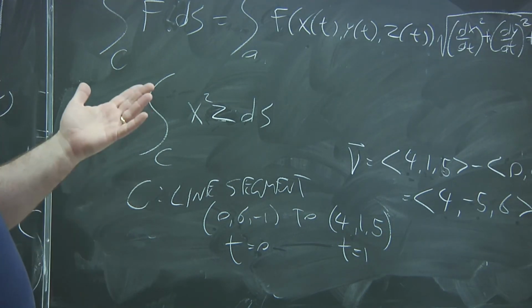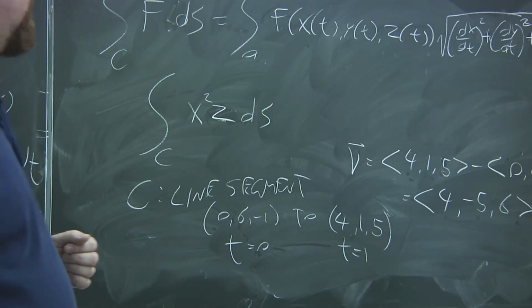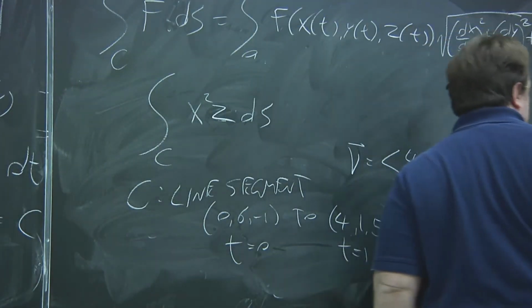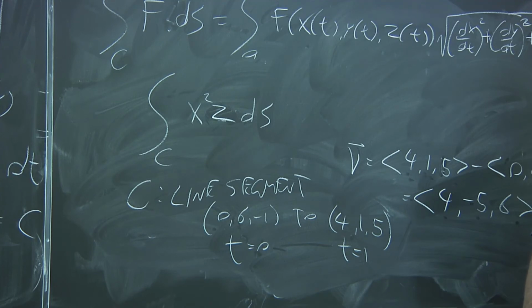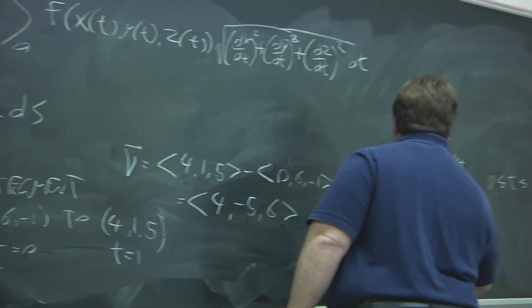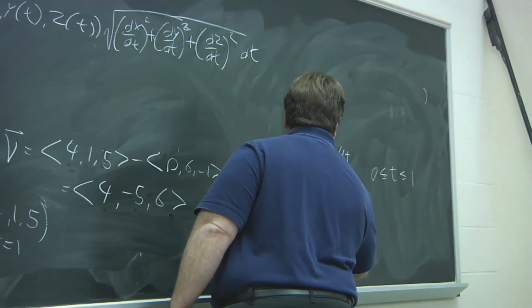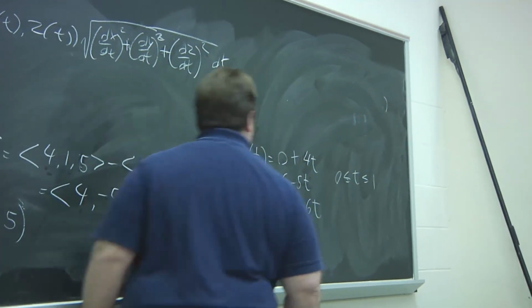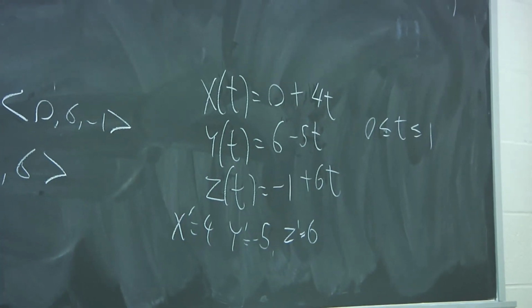Of course, these are linear functions, so computing these derivatives, not much to that. So x prime is equal to 4, y prime is equal to minus 5, z prime is equal to 6. So now we can